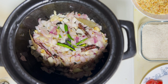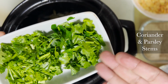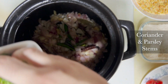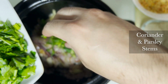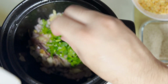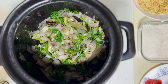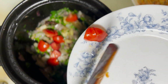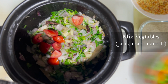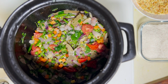And when you smell the chili, what you have is our 2 best friends. This is parsley and this is coriander. So you go in with the coriander and the parsley. You see most of it are roots. I've saved most of the leaves aside, and I've just added most of the roots. Next, I'm going to throw in the tomatoes. And with the tomatoes, I have some pre-mixed vegetables. So as it's cooking down, right,